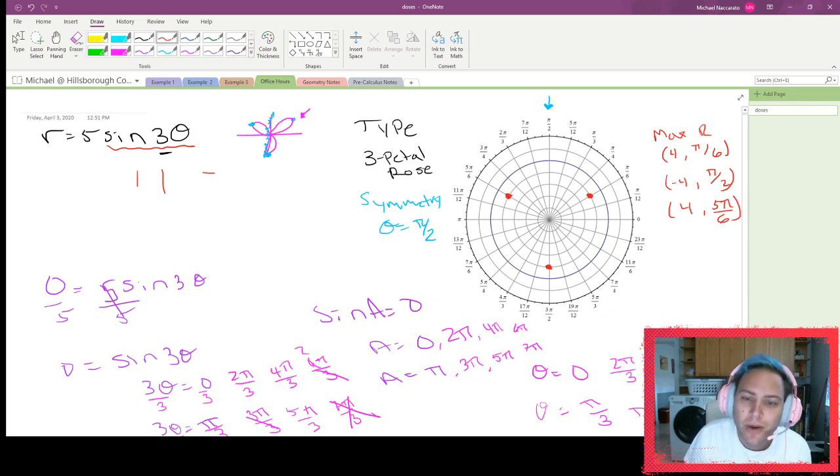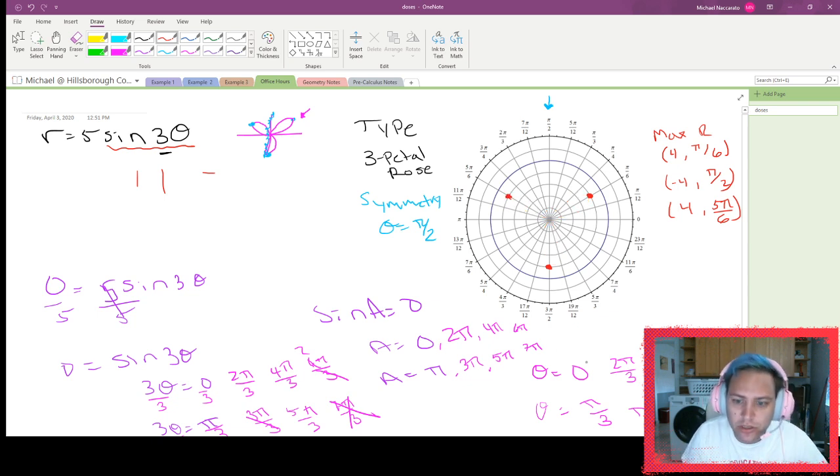Like I said, at this point, you probably have a pretty good idea what's happening, right? We know that we expect this to come out and then loop back in. We then expect it to come out and loop back in, and then come out and loop back in. You could plug in those other numbers if you want to make sure that you're doing this correctly. What I'm really looking for, though, if I want to be as accurate as I could,